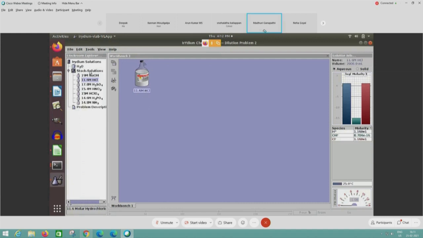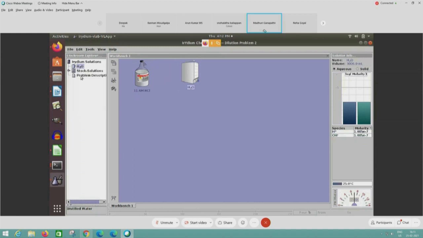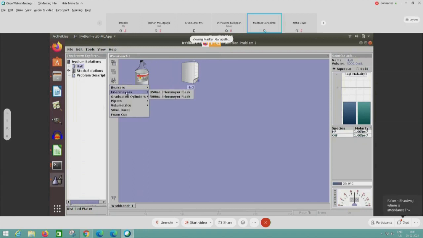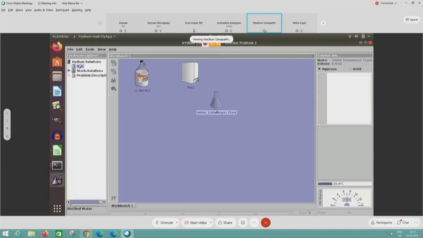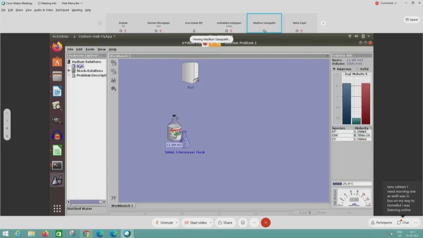Now we will take water because we need to dilute. I'll double click on the water tank here and close the cabinet. Now I require glassware, a 500 ml Erlenmeyer flask. To get the glassware, click on this menu and get the 500 ml Erlenmeyer flask. Just drag it down on the workbench. From the M1 V1 calculation, because we have to make 500 ml of 3 molar, I am going to transfer